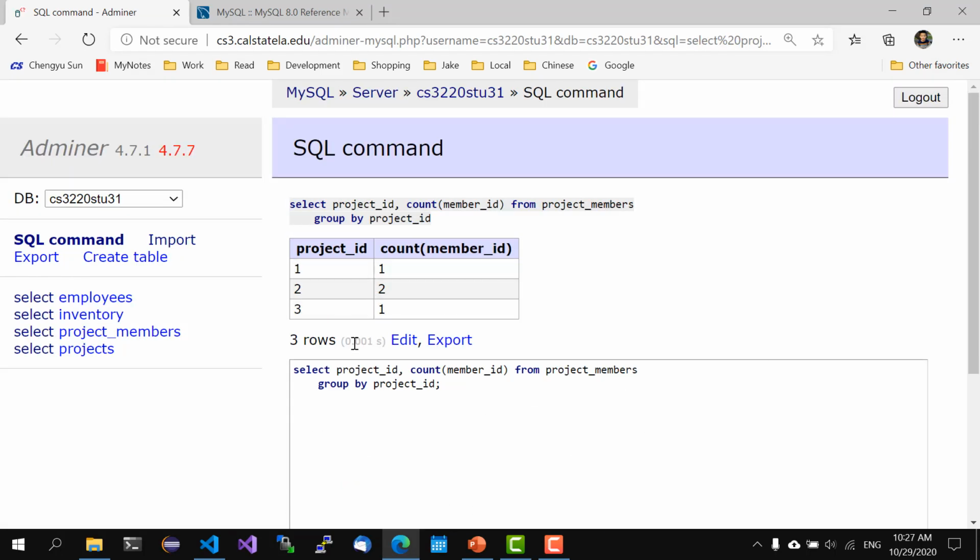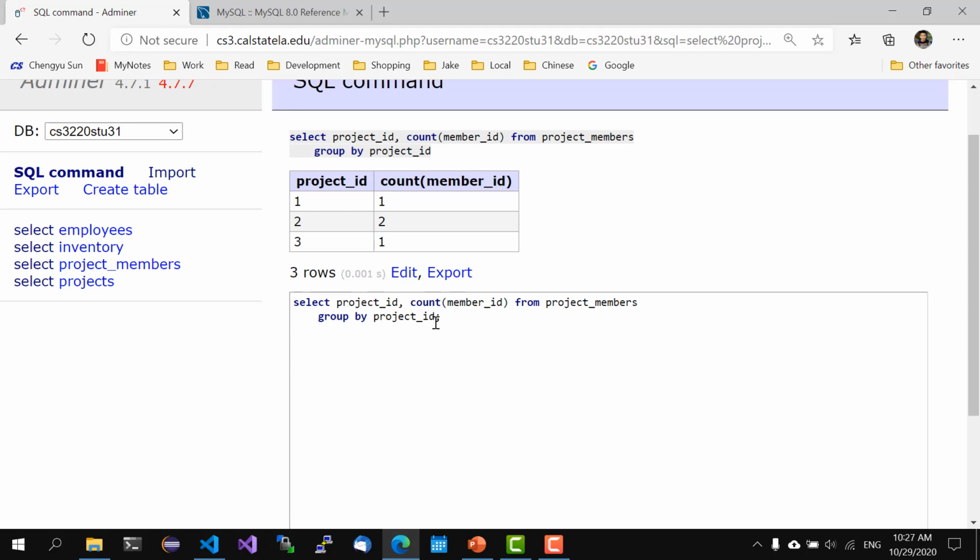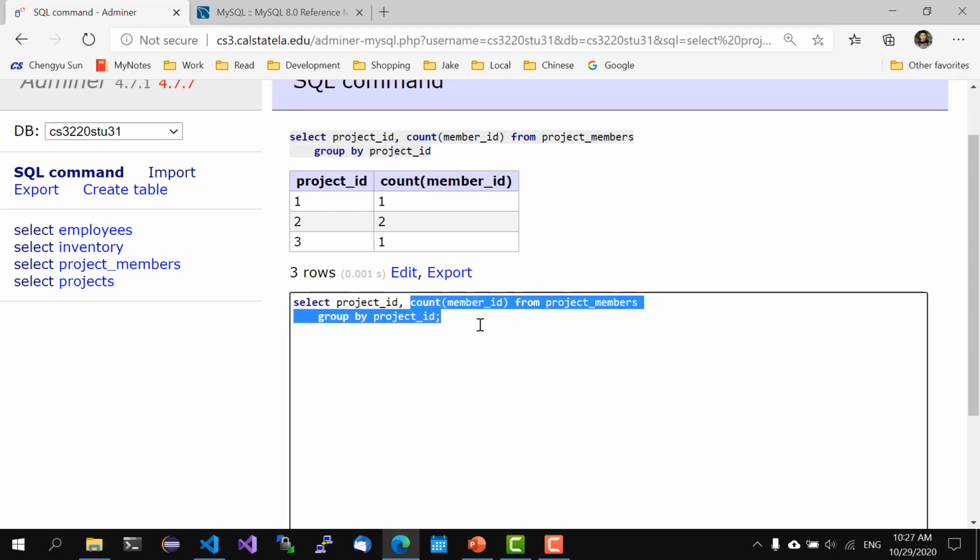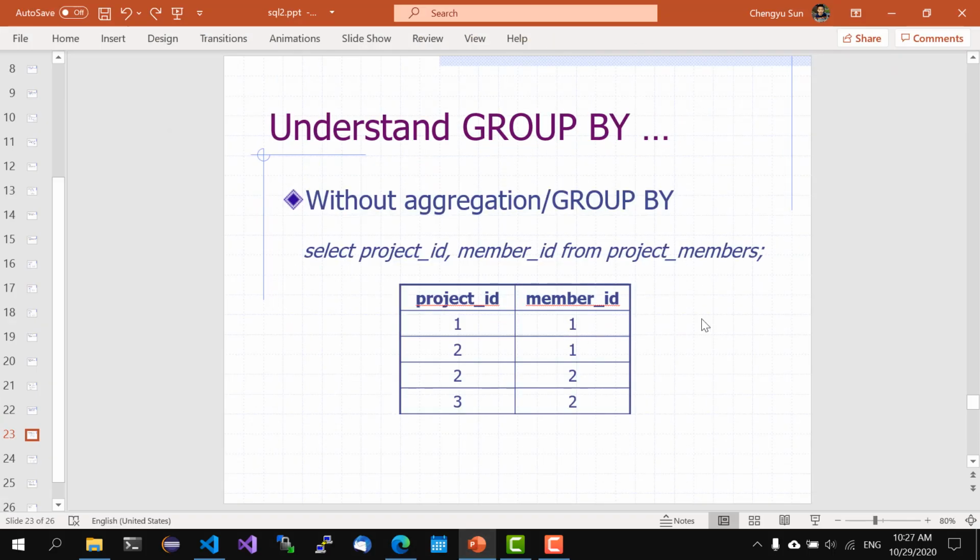So this is what it looks like. It will say for the first project, there's one employee working on it. For the second one, there are 2 employees working on it, and the third one has 1 employee. So this is a group by query, and the way to understand a group by query is first consider it a